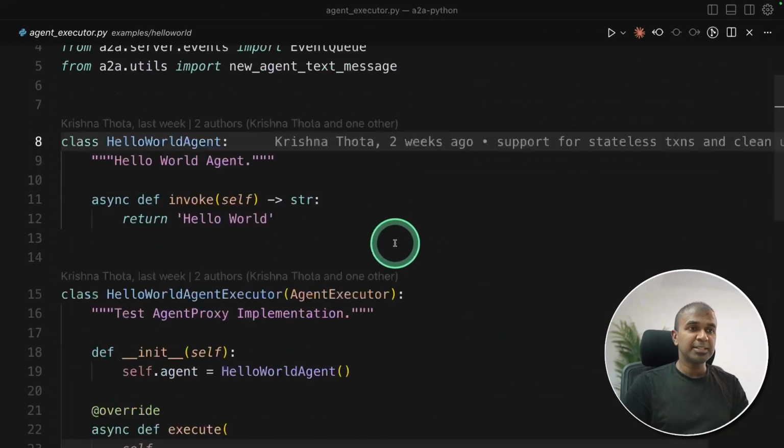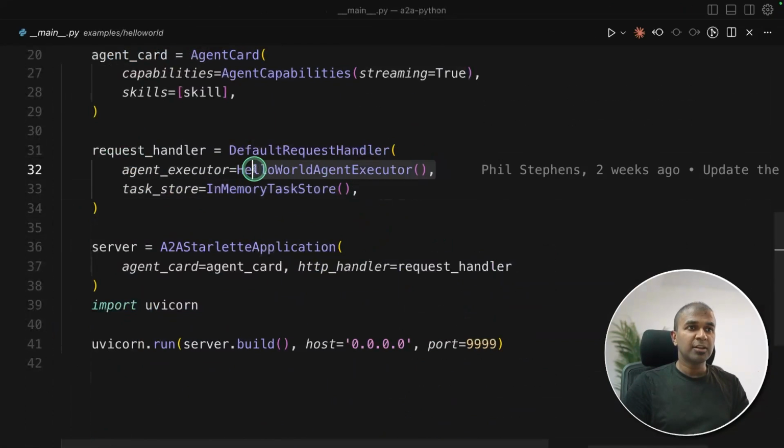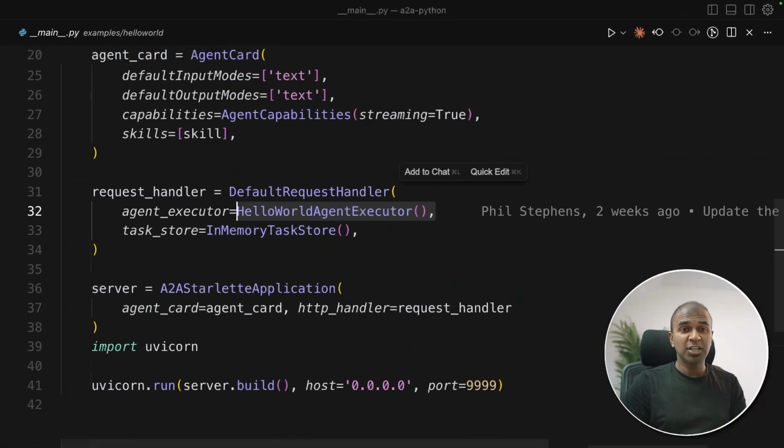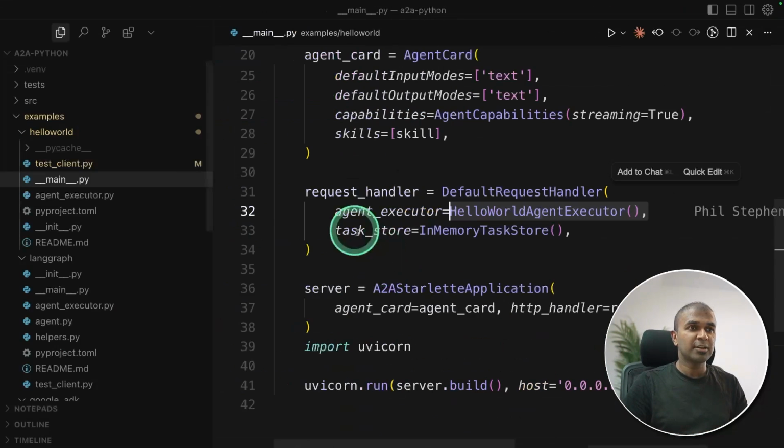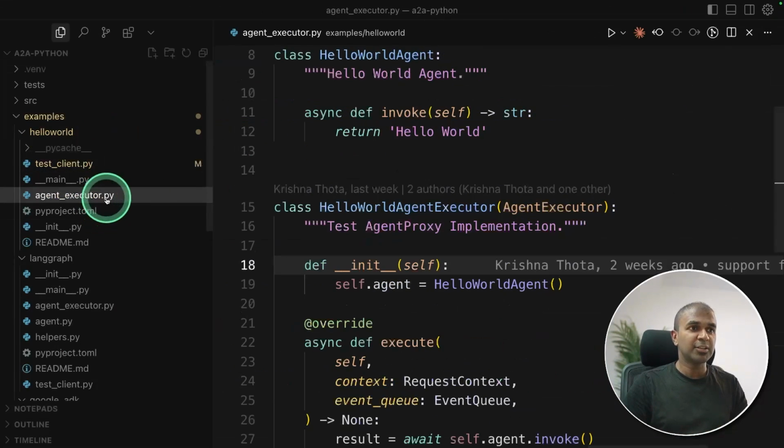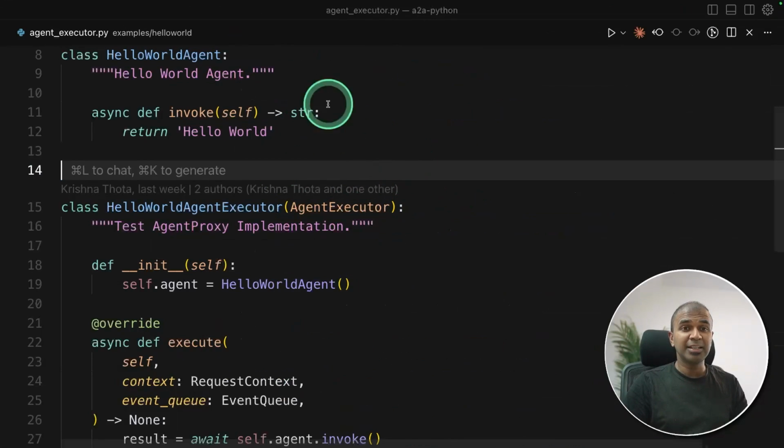So this is the basic structure. So this is the class where you're going to use any framework such as Crew AI, LangGraph, PraisonAI agents, or Autogen, or even you can directly call OpenAI or Anthropic API. So this class is currently placed in another file, agent executor, just to make it neat and clear.